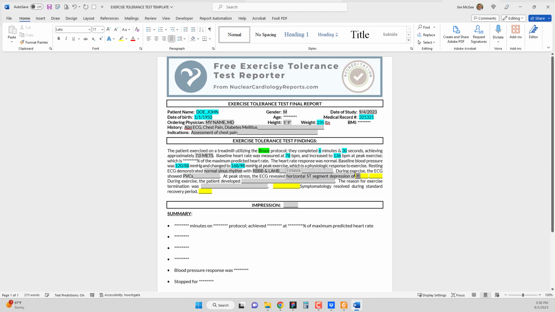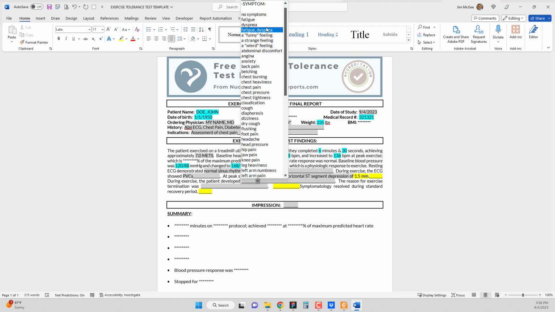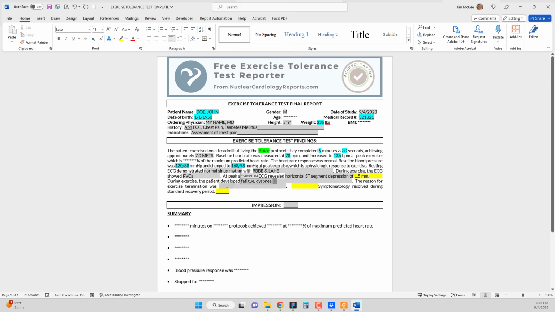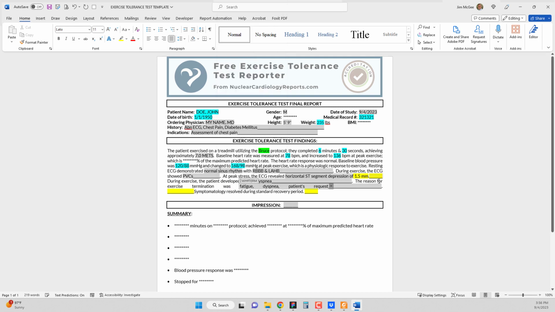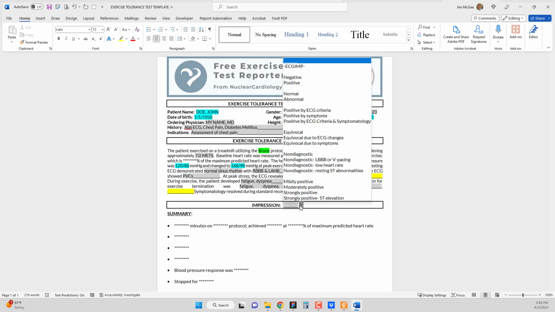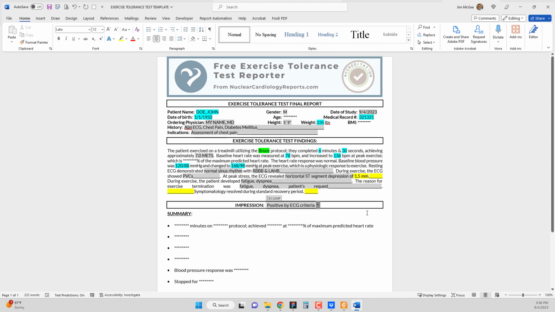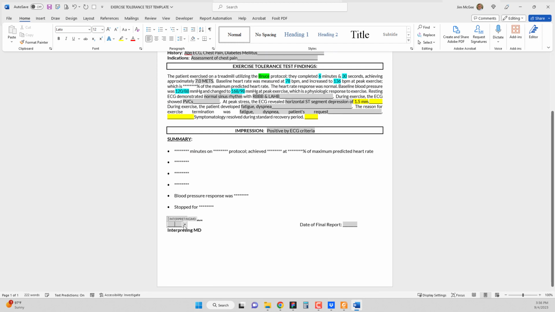We could say horizontal of 1.5, and for symptoms, maybe he just had fatigue and dyspnea, just nothing out of the ordinary. So the actual reason for termination was fatigue, dyspnea, patient's request, and the impression for 1.5 millimeters, I guess it would be maybe equivocal due to ECG changes, or maybe you want to say positive by ECG criteria. Then just choose your name down here, put the date of the report, which will be today,